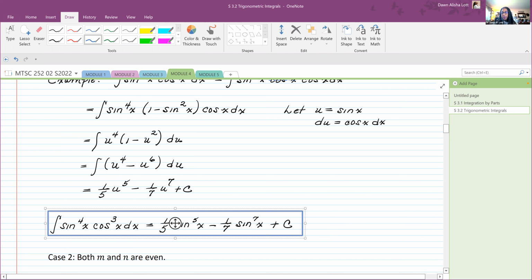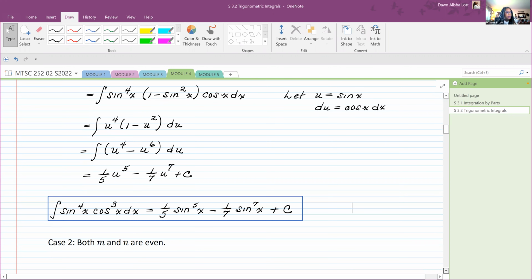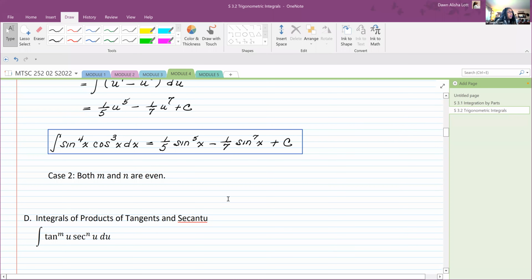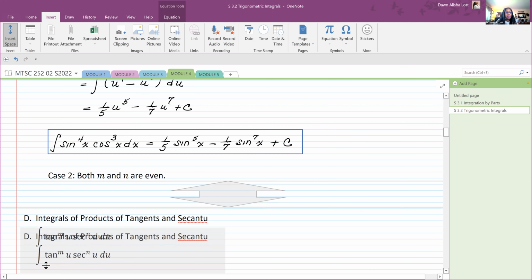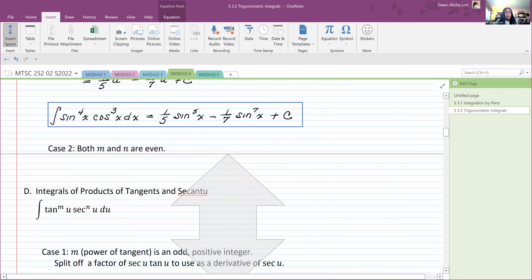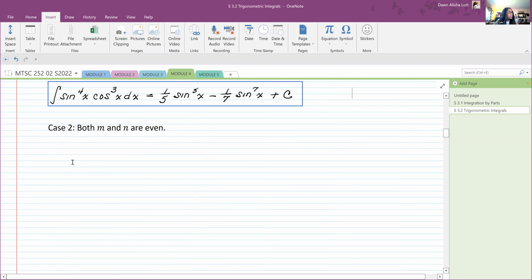Okay, so he went over that one and gave an example. So the more difficult ones are when both of them are even. So that means you can have,